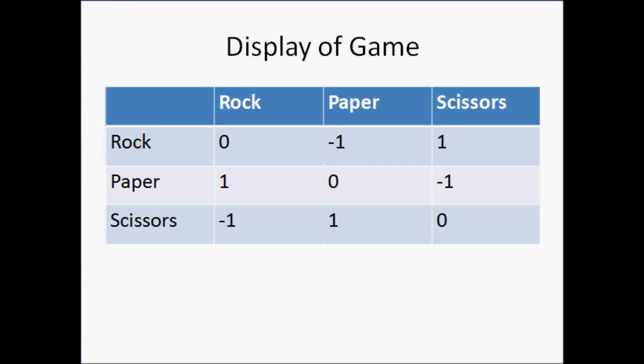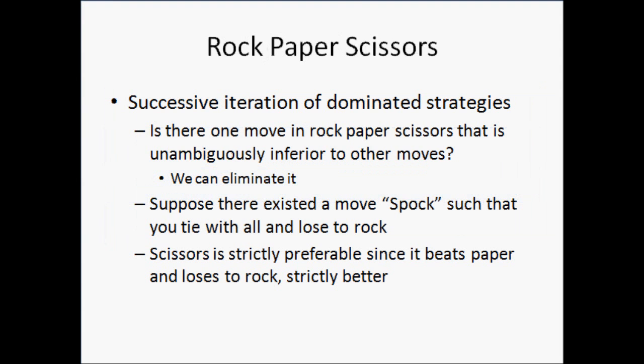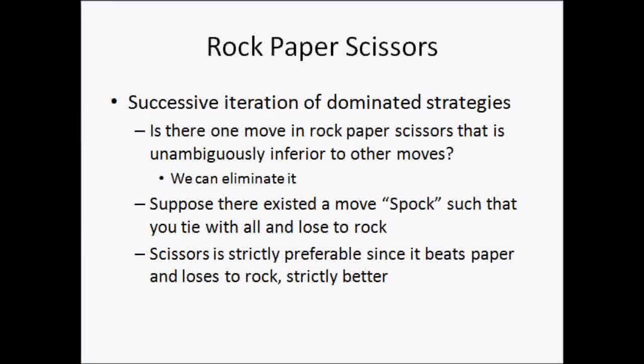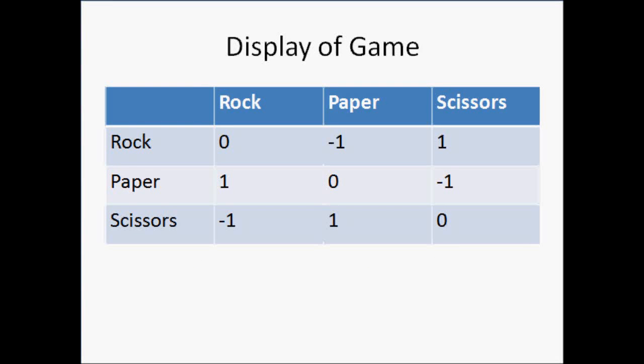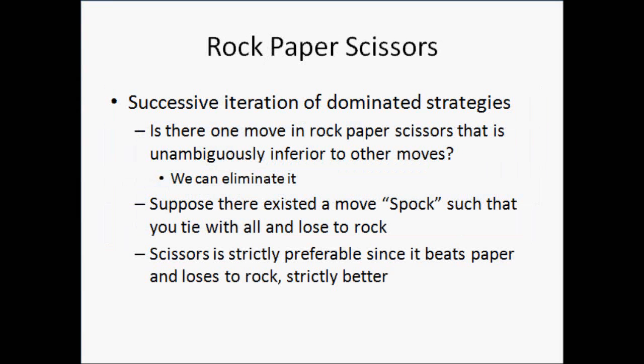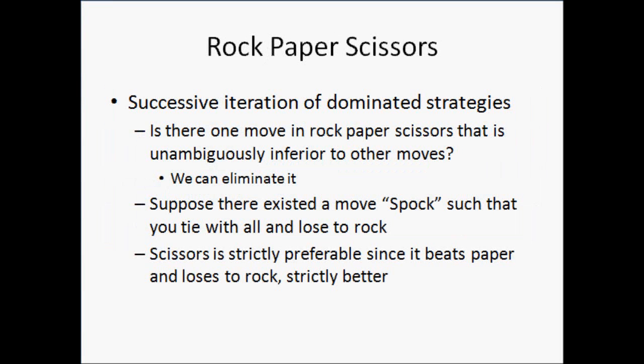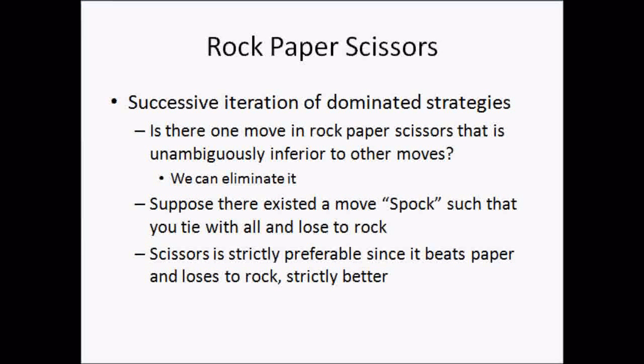When we have the opportunity to both score points at the same time, then each of these cells will be populated with 2 numbers. The first number will be the row player score, and the second number will be the column player score. So given a game like rock, paper, scissors, we'd like to be able to decide what's the best move given these alternatives. And there are a couple different methods we can use